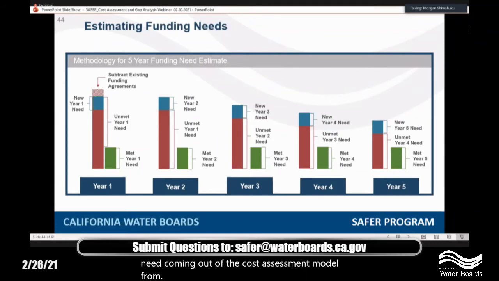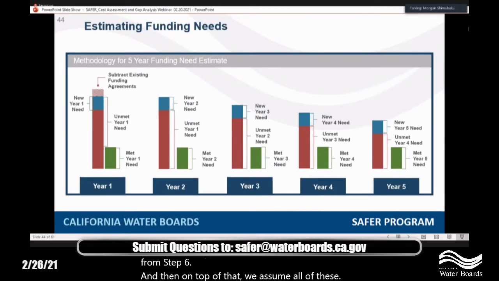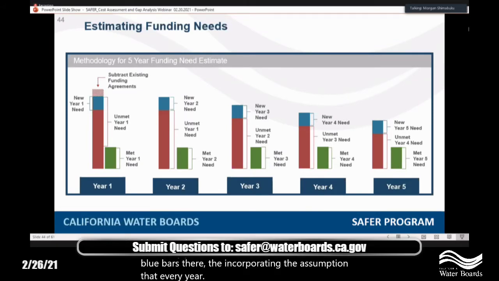And then on top of that, we assume all of these blue bars are incorporating the assumption that every year new systems are going to come on to the human rights, water, and at-risk list. So there's going to be new issues that need funding. So we're adding that on as an assumption. And then on top, the hatched little part at the very top is the subtraction of those with existing funding